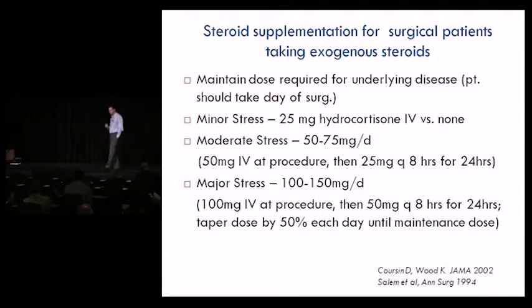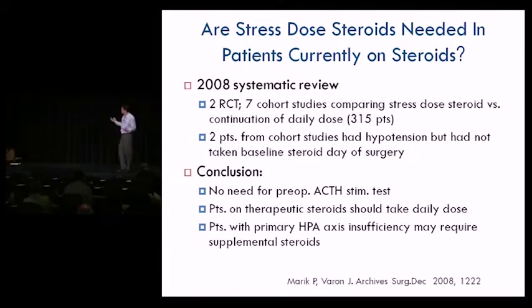of steroids. Now, there are very few really well-done randomized controlled trials that have looked at the use of steroids versus no steroids in those patients who have prior exposure to steroids at the time of surgery. There was one review that evaluated all these studies, and you can see not a whole lot of patients, 315 patients. And there were 2 patients that developed hypotension, and both those patients just didn't take their medication the